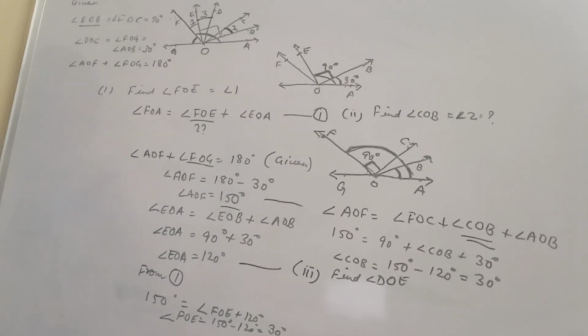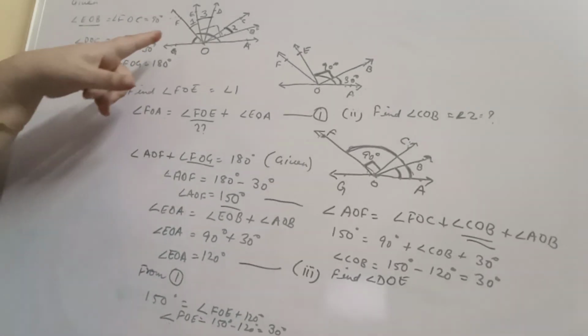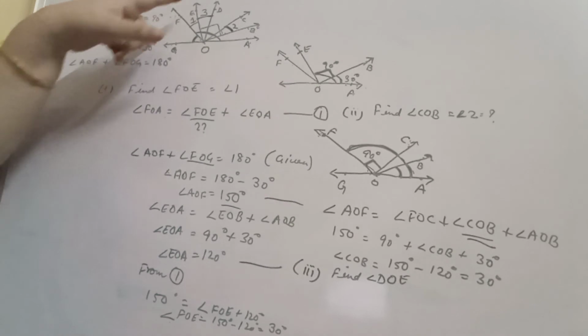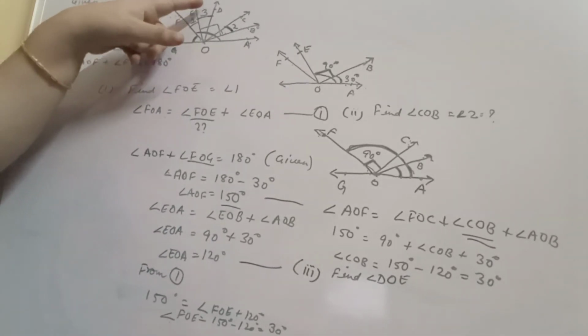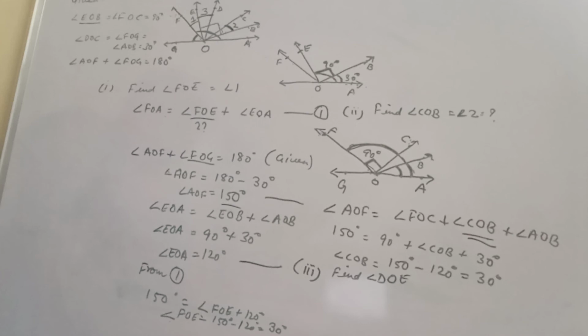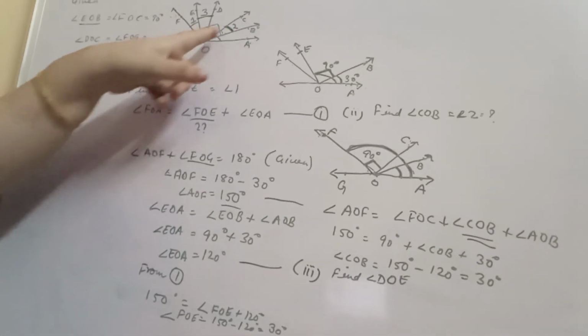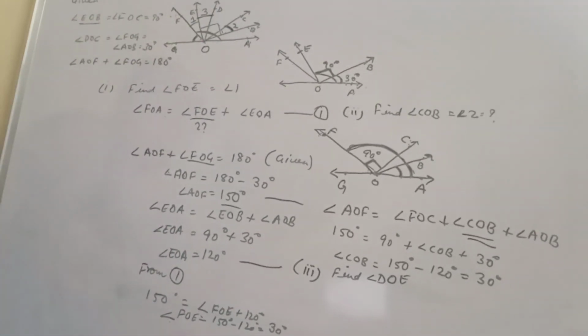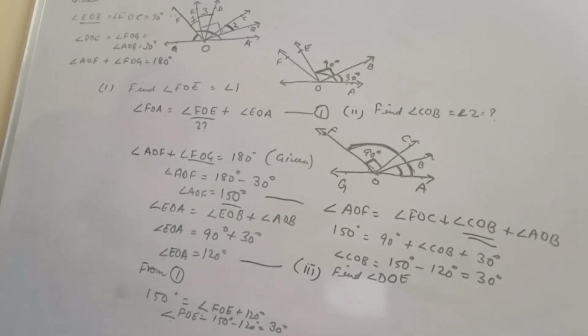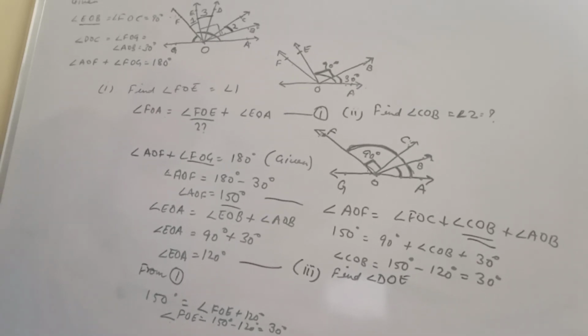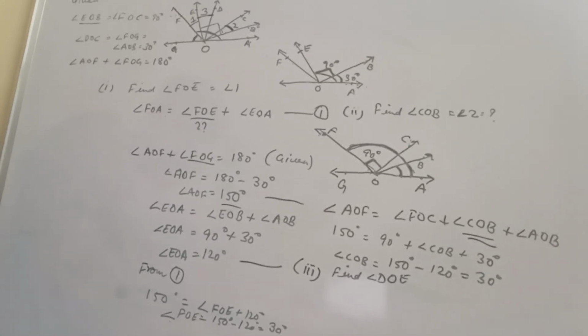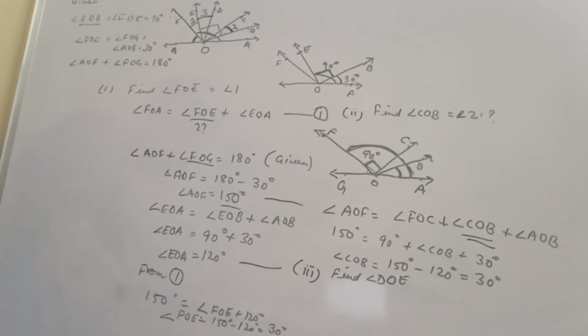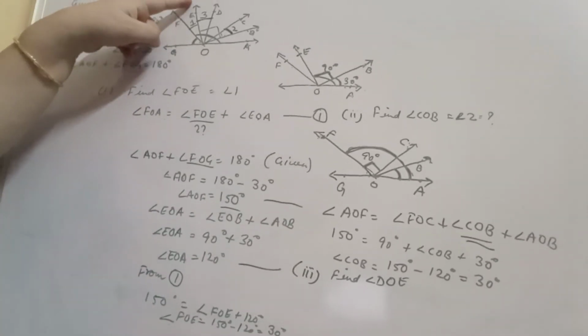So again you have to look for the angles which you know. I know EOB, so if this is DOE, out of this I know only COB and I don't know DOC, so this won't happen. Then what else I can know is, okay, so I know EOA,